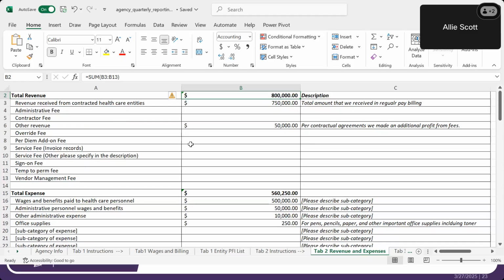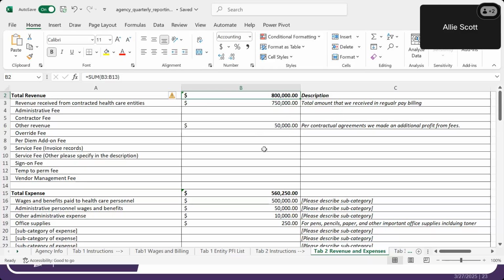We also require a description of those different things. In this case, the total revenue for our company was 800,000 for the quarter. We received 750,000 from contracted healthcare entities, and we received other revenue per contractual agreements that were made from fees.